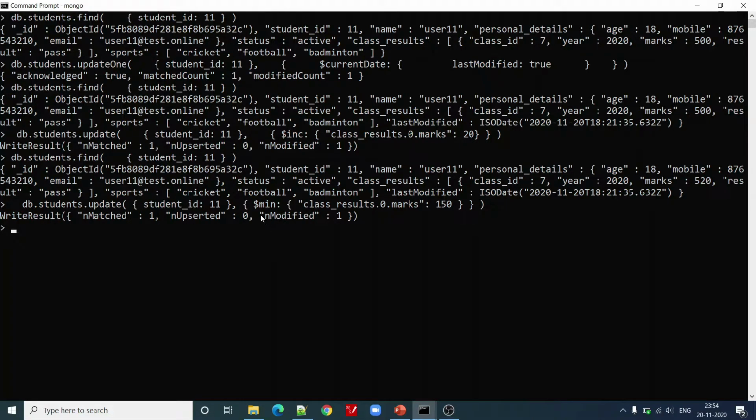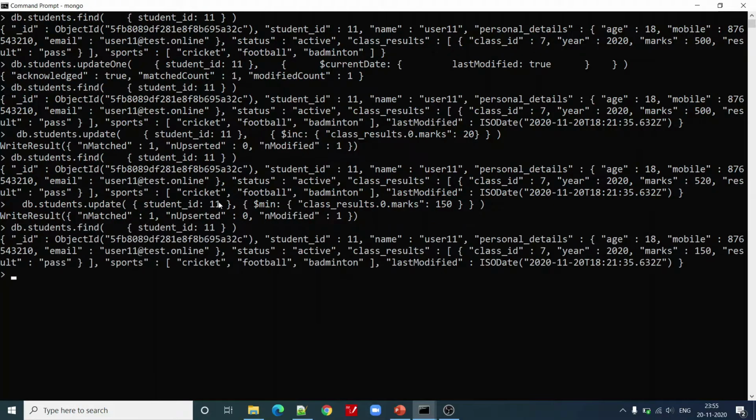And you are correct. The number of modified records is 1, student ID 11. Let us see what the value is now. Because the value specified here is less than the existing value, that is why it has been updated.